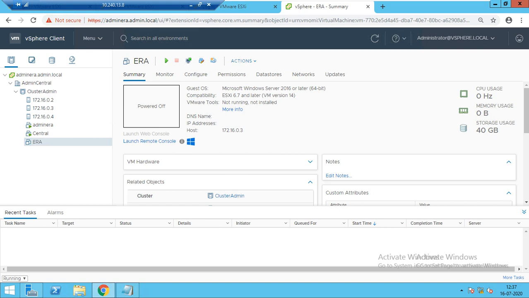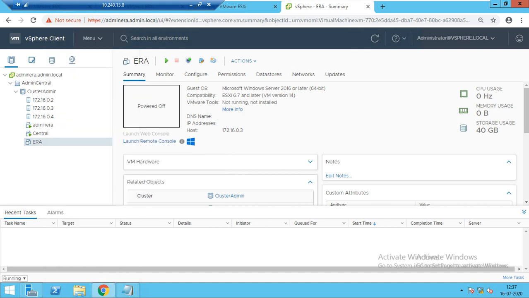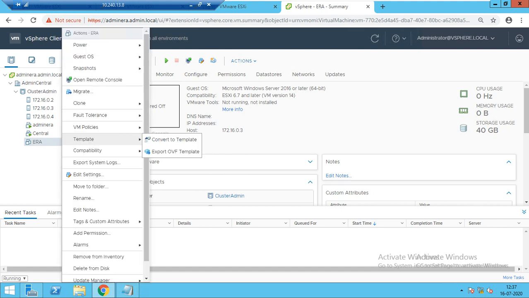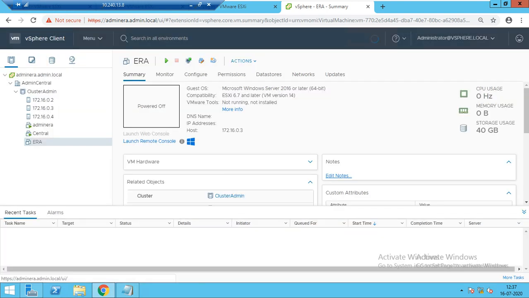So first we have taken the power off of the machine, so it would be faster, because after this you can boot up and your machine will come up. So there is no need of creating a number of the same things. So I have taken the power off of the machine. So what I will do is just right click and see if you want to create a template. For the template, we'll just go right click and convert, and it would be yes. Now after a moment of time, you will see that you have the template with you.